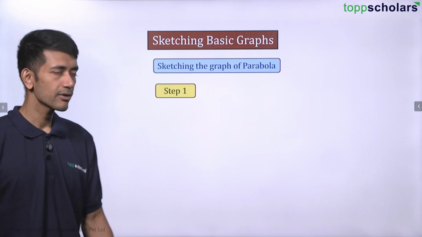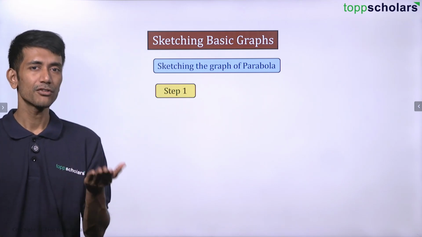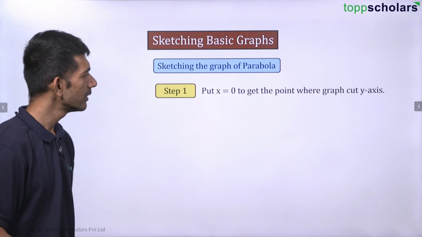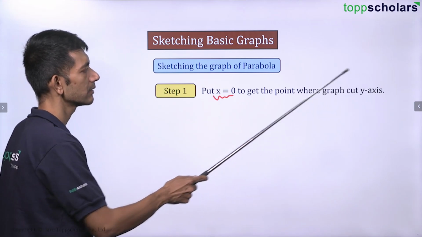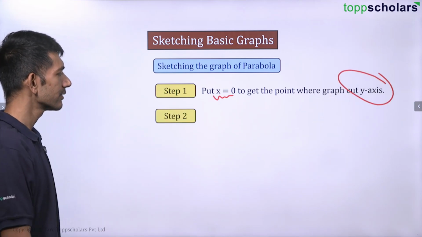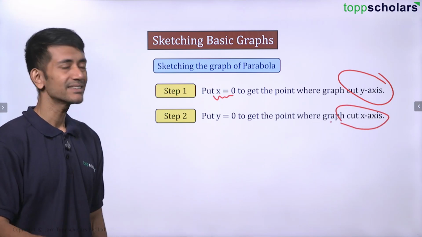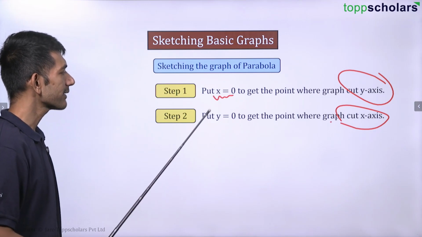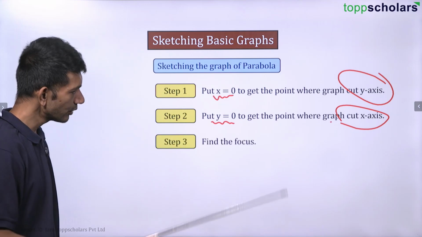Now let us see how to sketch a parabola. I hope you remember the standard equation of a parabola. We know that y square is equal to 4ax is the standard equation of a parabola, right? Same thing. Put x as 0 to get where it cuts the y-axis. Then put y as 0 to get the point where it cuts the x-axis. So you put x as 0 first, then you put y as 0, and then later you'll find out the